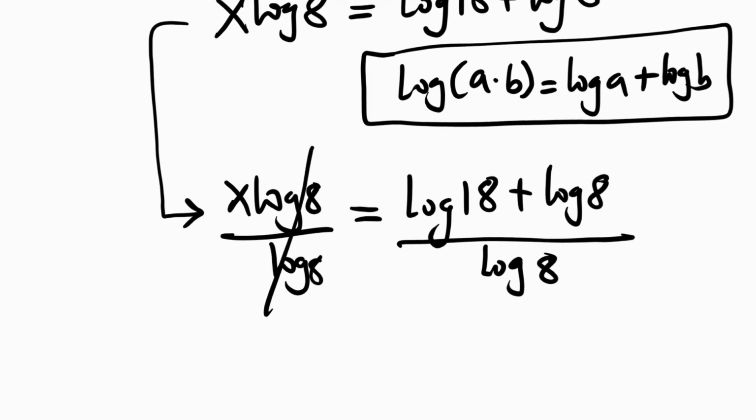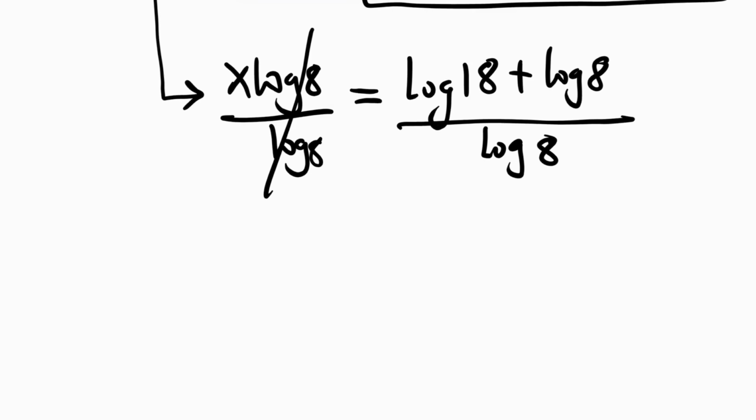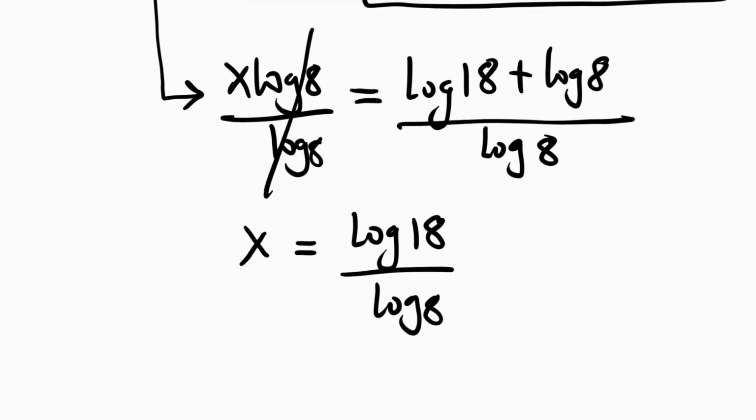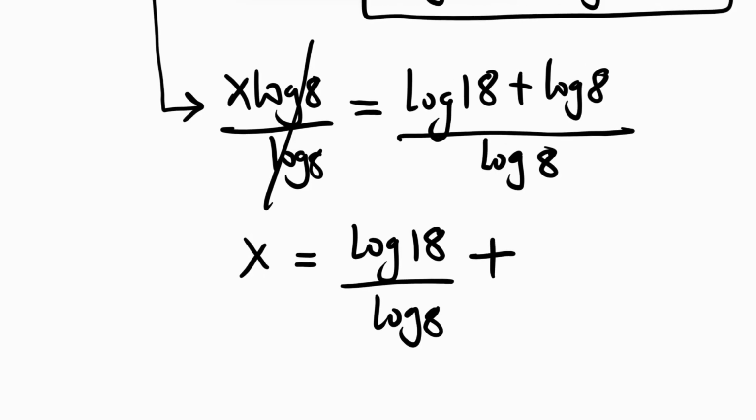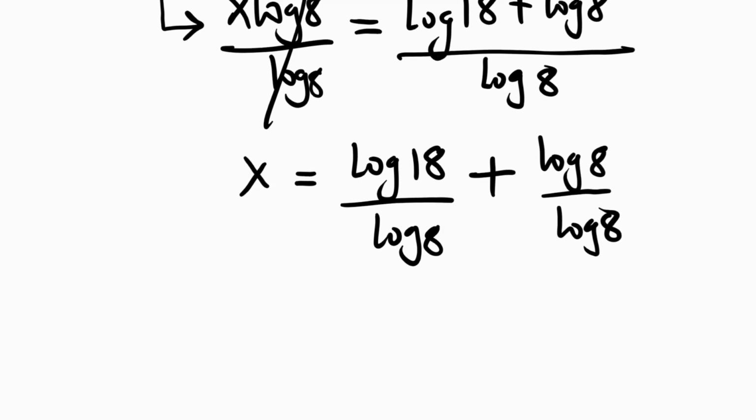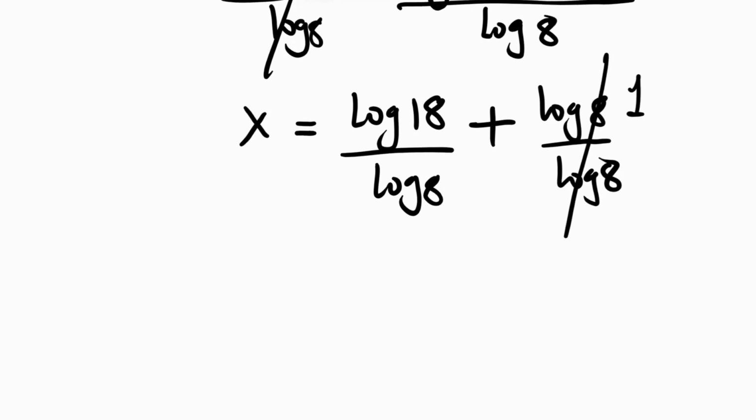Log 8 cancels out on the left hand side, and then the right hand side we can write as standalone fractions. So this becomes log 18 divided by log 8 plus log 8 divided by log 8. So now log 8 can cancel out and it becomes 1. So we have x equals log 18 divided by log 8